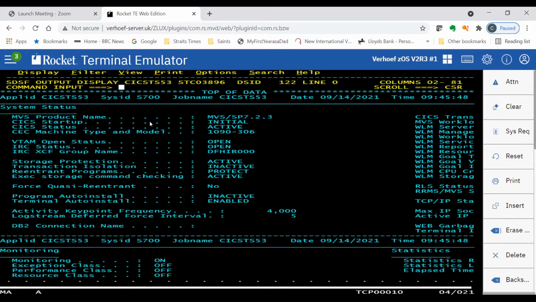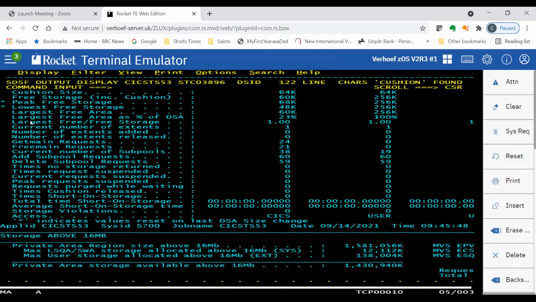Okay, so this is a kind of quick snapshot of the CICS region, and it tells you just environmental information, the sorts of things that you would have specified to bring your CICS region up. But if I do a find on cushion, I just want to cover a few things that you should be looking at. One of the areas of concern in any CICS region is EDSALIM. Do we have enough dynamic storage area to cater for the current workload? The default for EDSALIM is 800 meg.